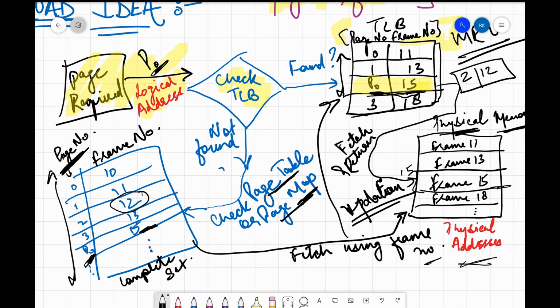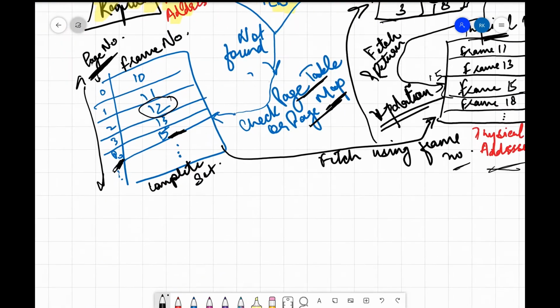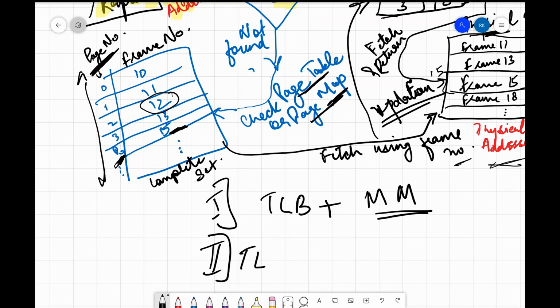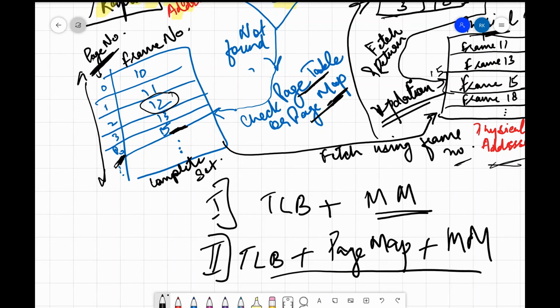Now the important thing over here is how the time will differ in both the cases. In the first case, we just perform a TLB lookup, right? If I just jot down that thing, in the first case we just perform the TLB lookup and we fetch the frame from the main memory. So yes, main memory access time will also be there. In the second case, we first perform the TLB access. We did not get anything over here. We did not find the frame. Then we search the page map. So page map time will also be there. And then we perform the main memory access. So in this case, this is the extra thing that is happening.